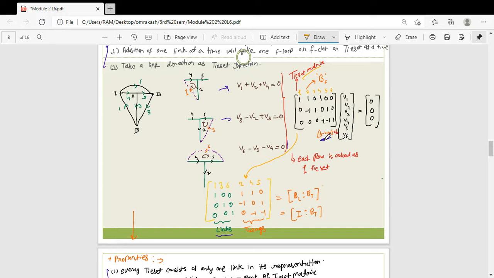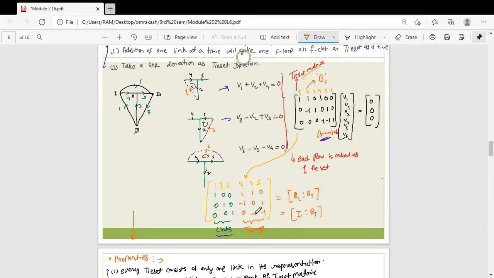What do you mean by that? This is nothing but your number of links. So there are three links. You can also verify: b minus n plus 1, you get 3. Now when I observe that matrix deeply, you can clearly see that the 2nd, 4th and 5th branches are written on one side, and the rest of the branches are written on the other side.